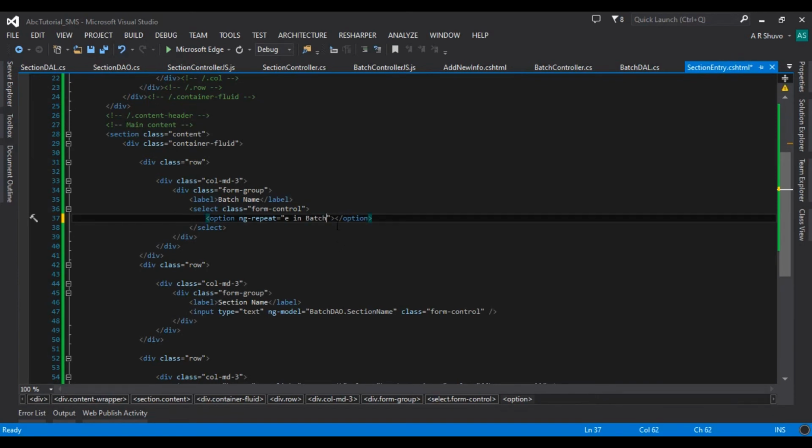And the value will be second bracket e dot